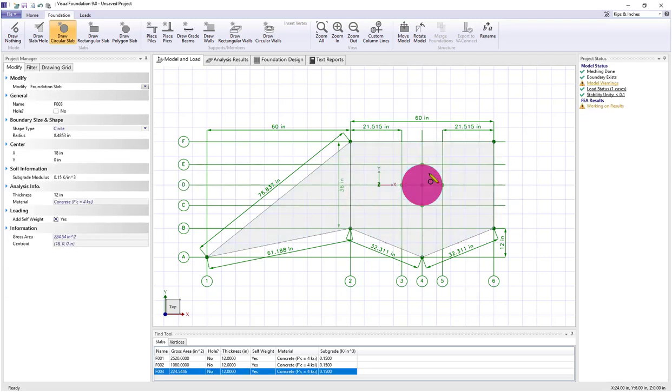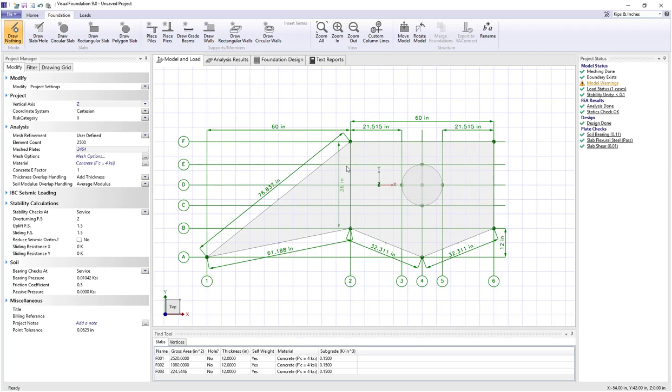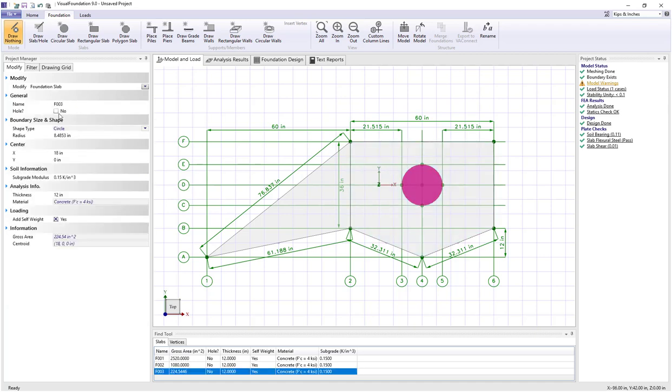And when I do that, I get a circle shown. Now the circle, when I look at it selected now and look in the inspector, I see that it is not a hole. I'm going to hit the escape key again, and when I click off of it, you'll see it's showing, but it's a slightly different color than the surrounding boundary. What this allows you to do then is to change its thickness and create a thickened or thinner section